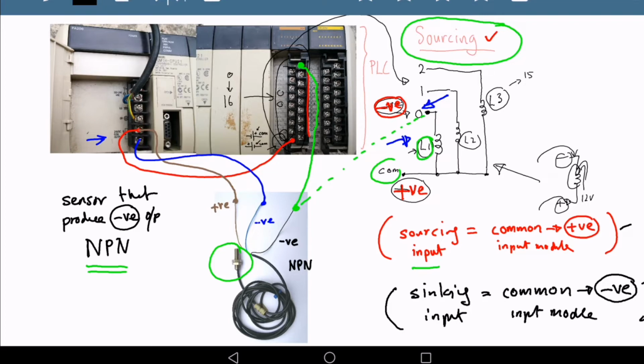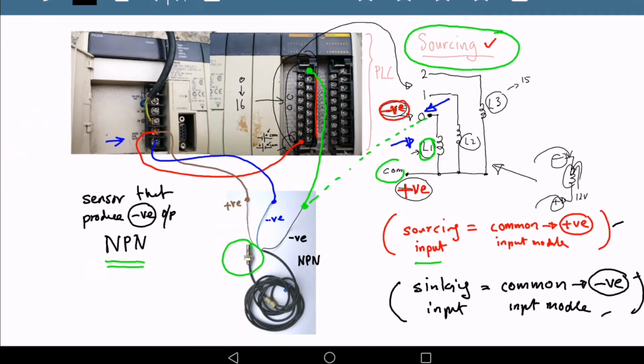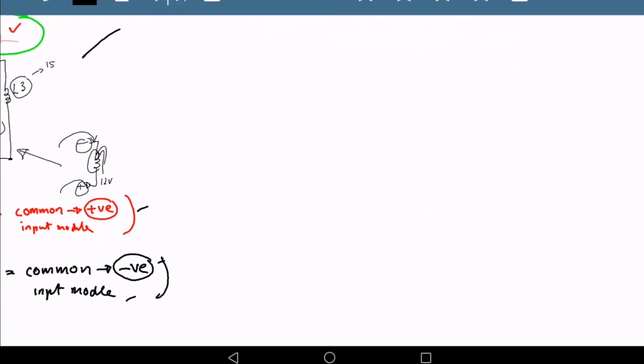So if the question, or somehow in industry, you need to do syncing termination, setting your PLC to syncing input. So syncing is negative connected to input module. That's all. Okay, how is it? So I do the drawing here. So I hope you truly understand this. So we move to syncing.